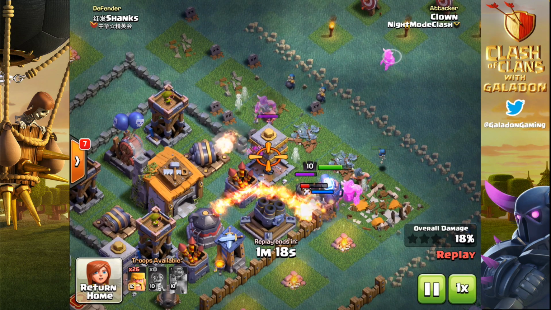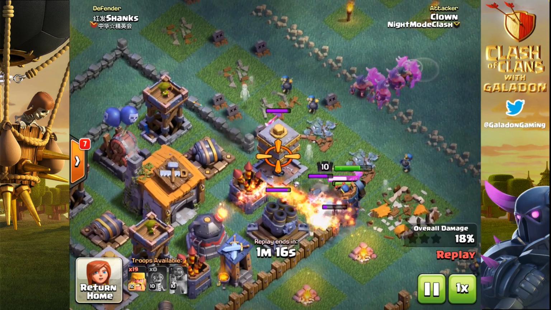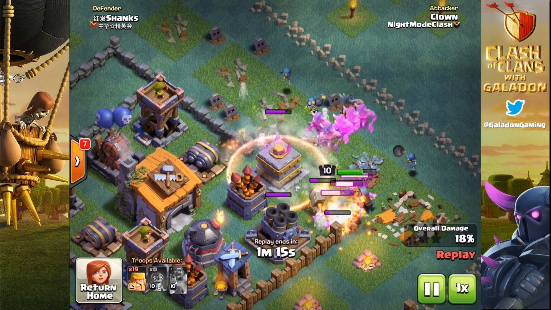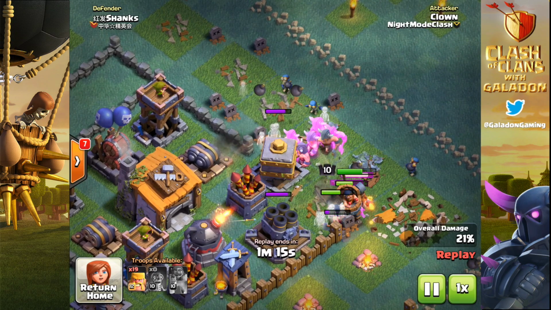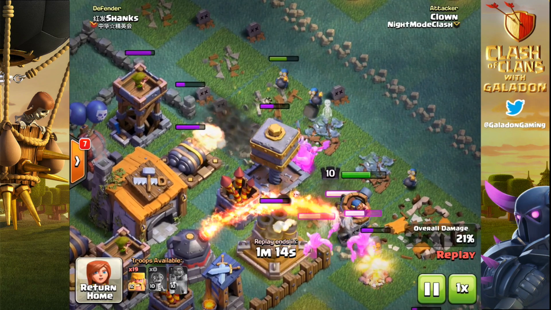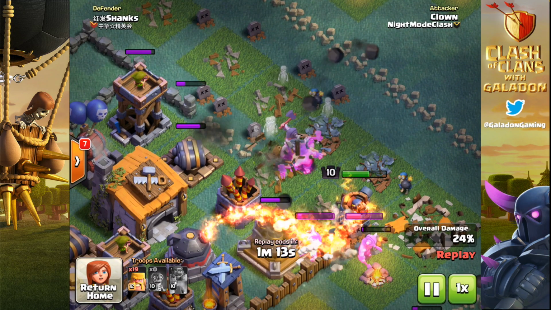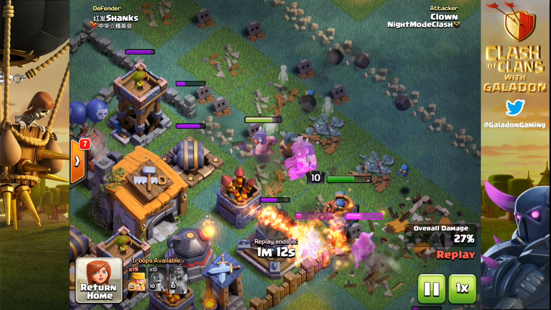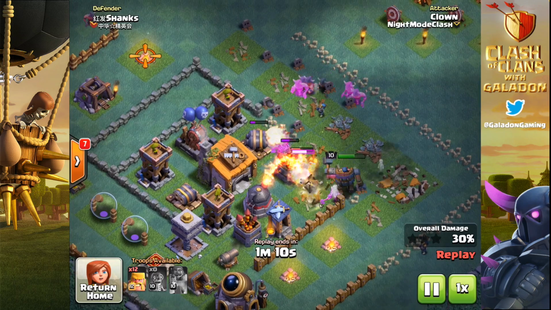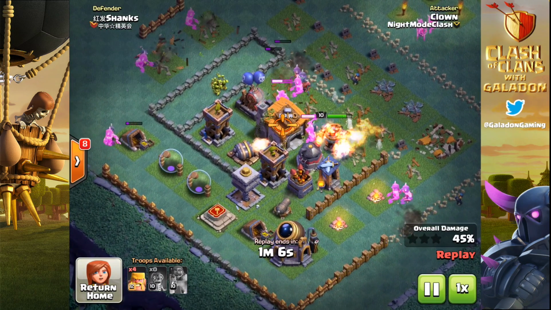So Clown from Night Mode Clash drops in a whole bunch of barbs, about half a dozen, moving in, just trying to get the timing right so that the Crusher drops, and then the Barbarians close in on the Crusher and take it down before it has time to cycle into another round. Because right there, if you lose those Barbarians, that is a large portion of your remaining force. He gets the Crusher out of the way, and now the rest of the barbs can safely move in,